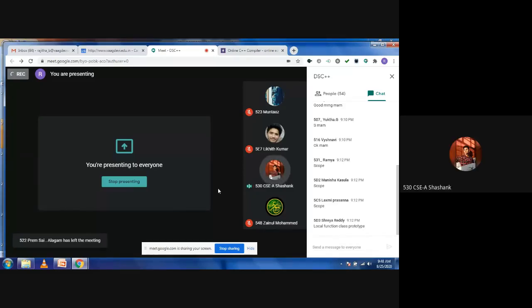Scope resolution operator. And we can define the member function two ways. So what are the two ways to define the member functions? Inside the class definition, outside the class definition. Yeah, good Ramya. So within the class we can define the function, and outside the class also we can define